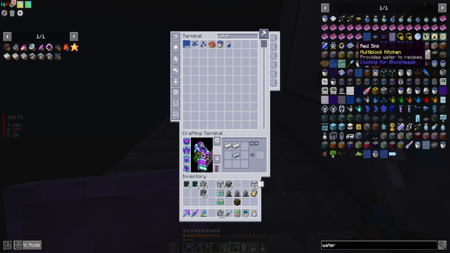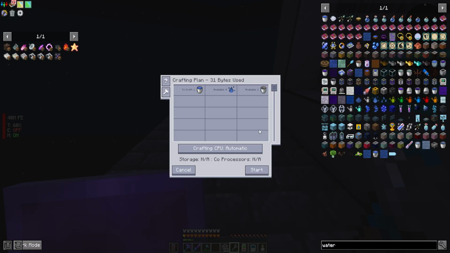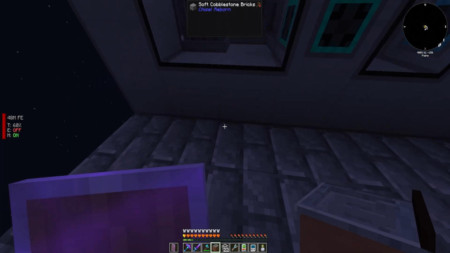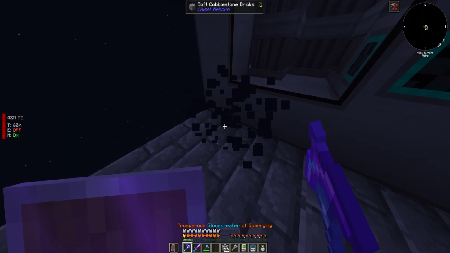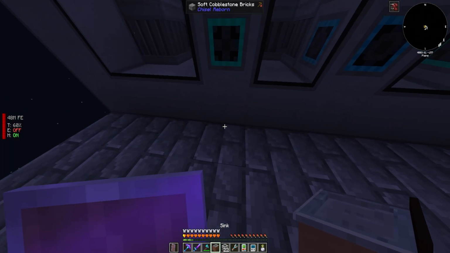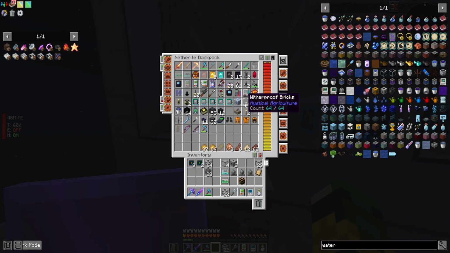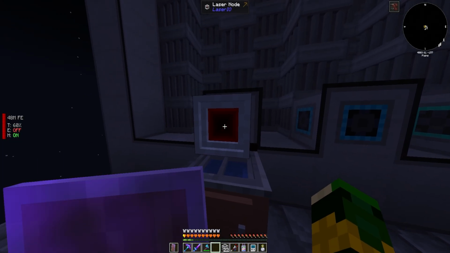Not exactly sure if there's anything fancy schmancy that we can do. So we'll go ahead and just go with our standard sink. Let's do it like that. And we'll put you right there. Actually, no, let's bring you over to right there. We're only going to be putting water into this one, right? Let's do a laser IO node. That. And get my card holder. Go. Plop that in right there.